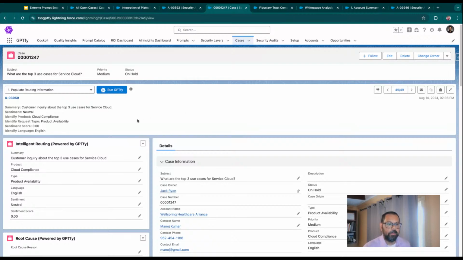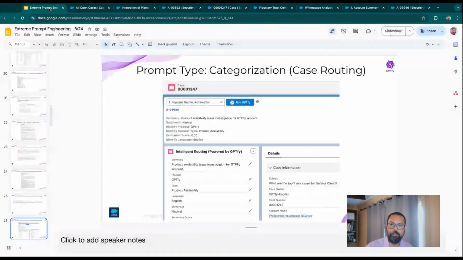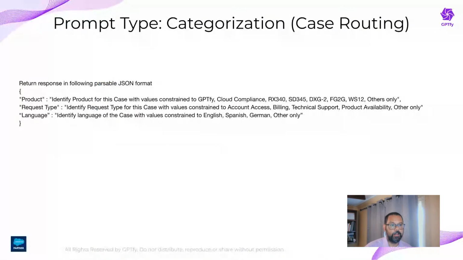So it comes back and it thinks this is a case for cloud compliance, which is one of our product areas, and it has the type, it has the summary, it has the language, everything identified. I can now route things based on this, right? I can route these cases automatically to queues. You can have business process around it. You can apply SLAs around it, and that is the beauty of having the ability to wire in your case routing through a categorization prompt like this,